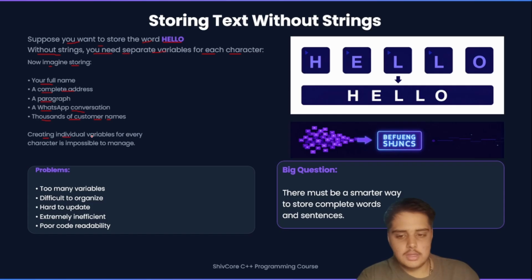Creating individual variables for every character is impossible to manage. So, the problems are too many variables, difficult to organize, hard to update, extremely inefficient, and poor code readability. So, the big question: there must be a smarter way to store complete words and sentences, and that's where strings